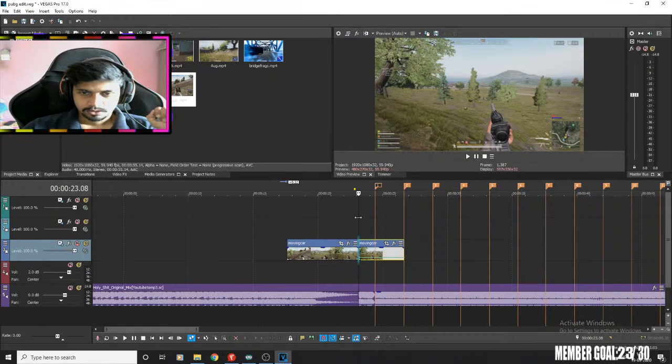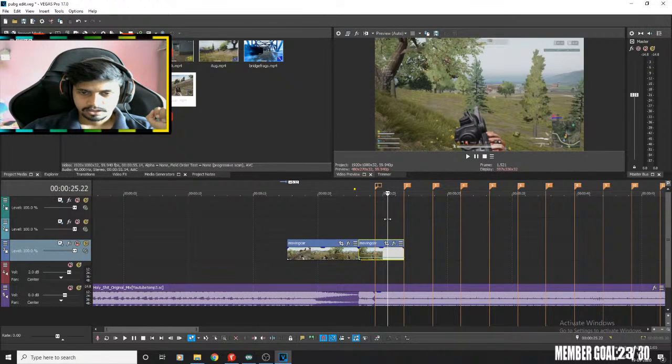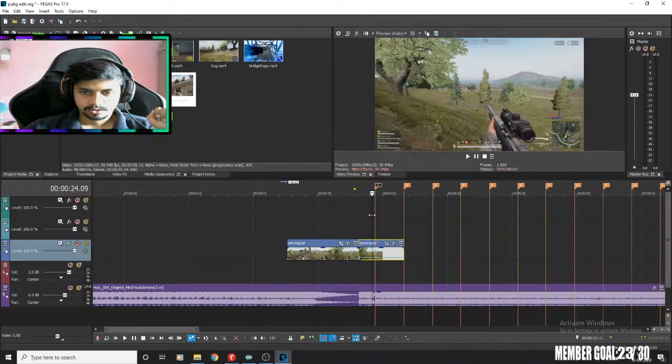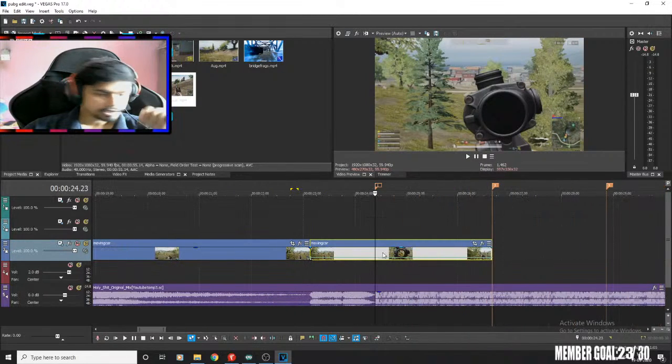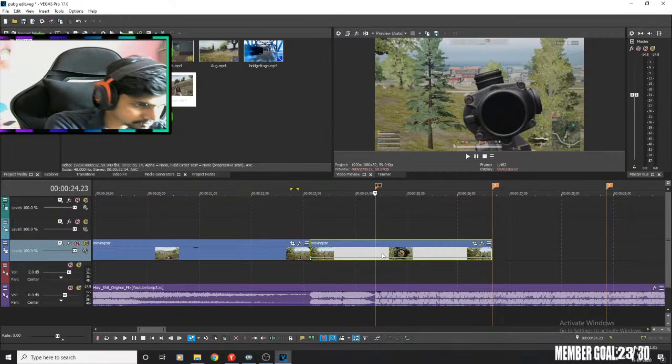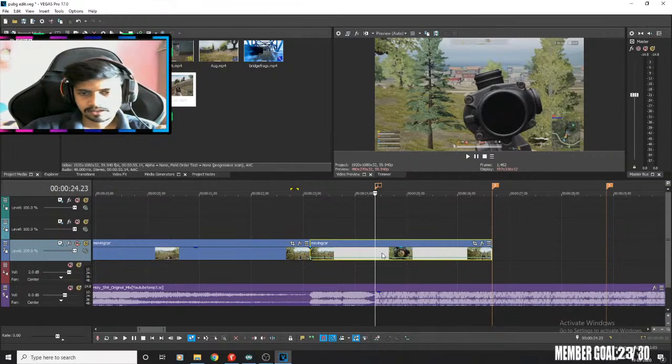So what do I need to do here? My shot is way behind the marker, so I need to get it back. So I'll zoom in here so you can see this better. Now the time remap also has to be done, yes. So